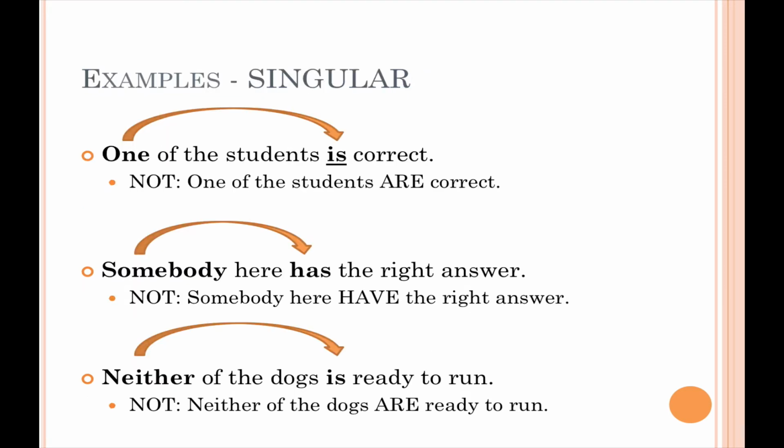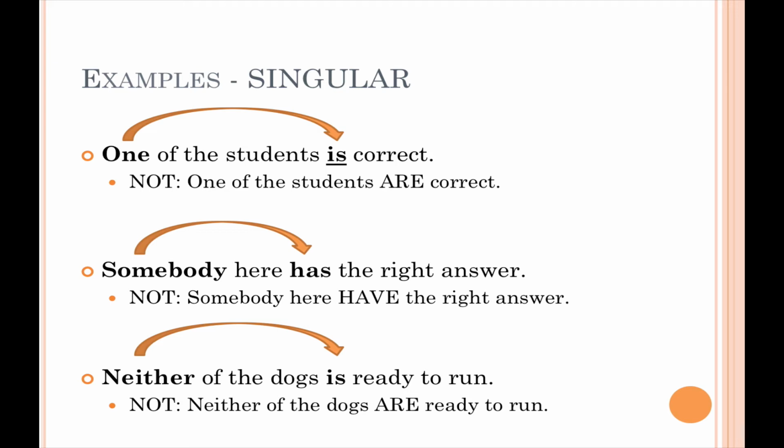Okay, welcome back. So let's go ahead and see some of these in action. If we're looking at examples of singular indefinite pronouns, we might have a sentence like this. One of the students is correct. Now again, you got to find the true subject of this sentence, and in this case, the true subject is the word one, not students. Even though students is close to the verb, students is not the grammatical subject because it's in the prepositional phrase. Therefore, if your subject is one, it's singular and it takes a singular verb, which is.